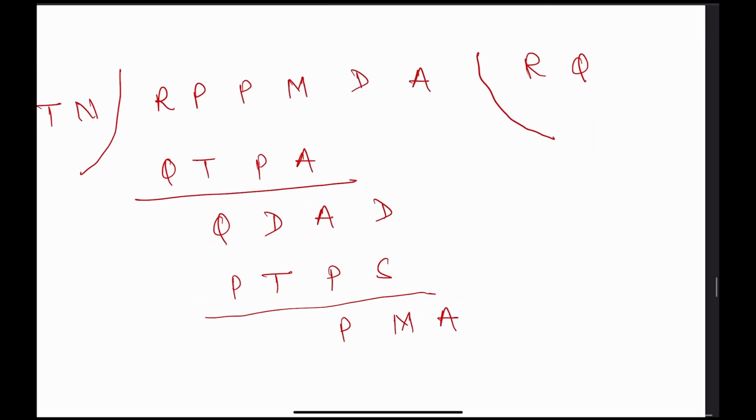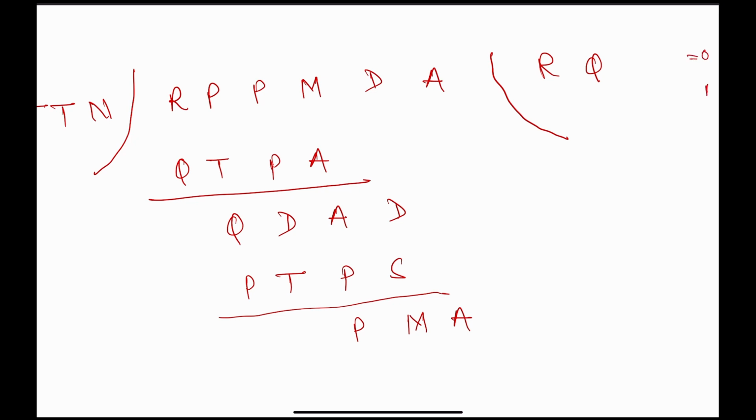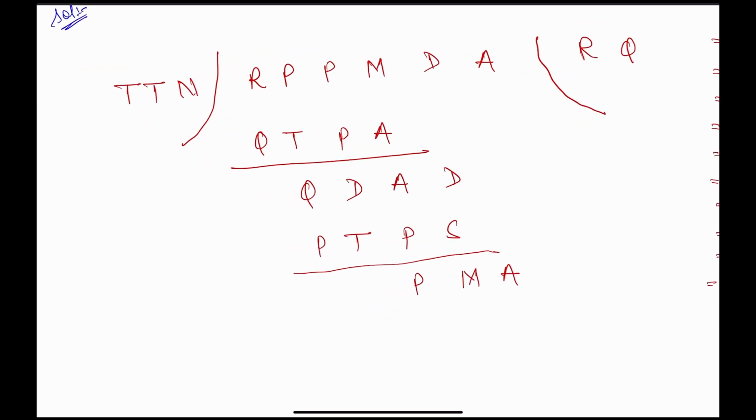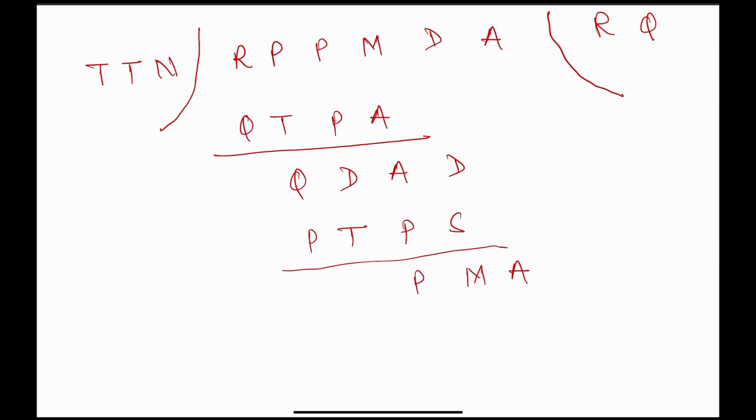Okay, so again first, TTN multiplied by R, 4 digits we got, so r minus q we got 0, then only d comes and